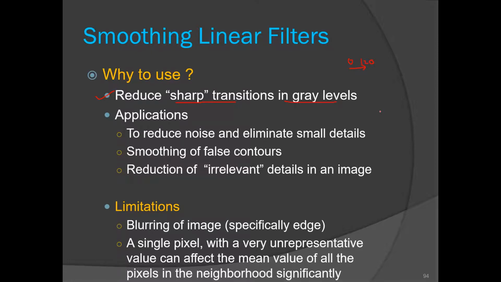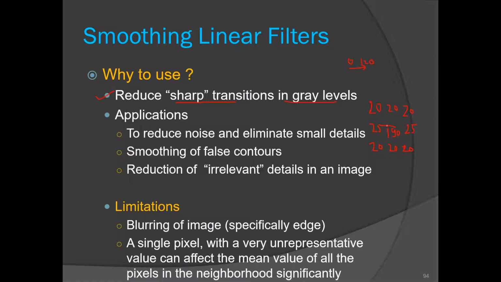Now consider you have an image with a constant region, and due to some fault in the recording device, the value of one pixel is wrong. Consider we have pixel values 20, 25 and 20, and due to a fault in the recording medium the value of the middle element is recorded as 190.